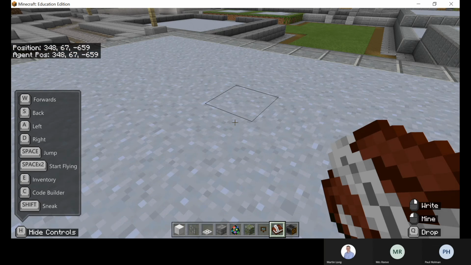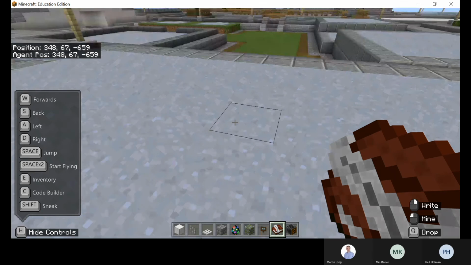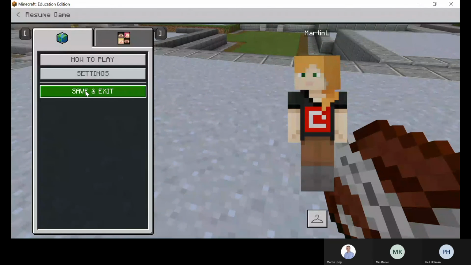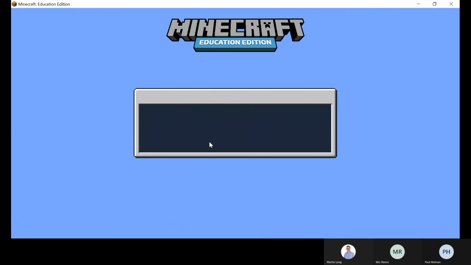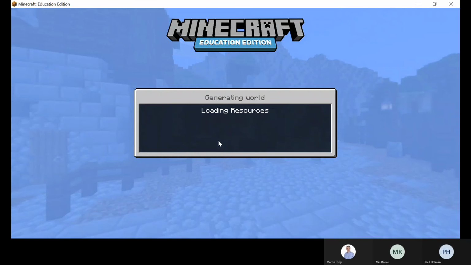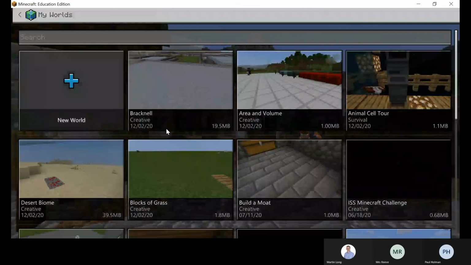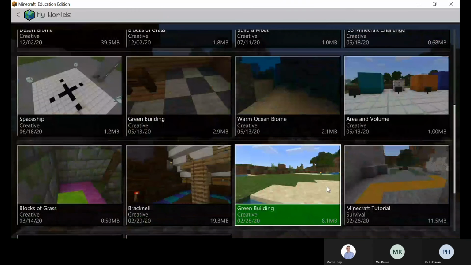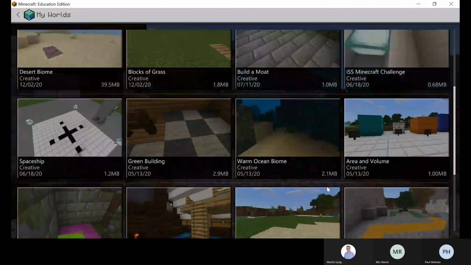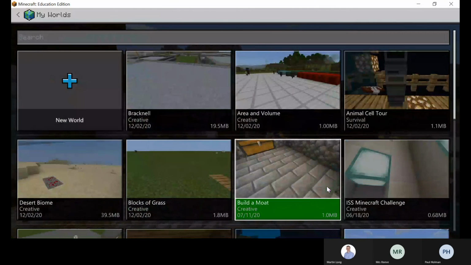I'm just going to jump out of there. So when you're finished, you just press save and exit, and it will save it in, and then it will be back in your set of My Worlds. You go back into My Worlds, and that's where you pick them up from there. So you can see lots of different projects, and there is pretty much endless scope of what you want to do with that. And it can be as complex or as simple, and we have really only placed a few blocks today. There's a lot more to it than that.